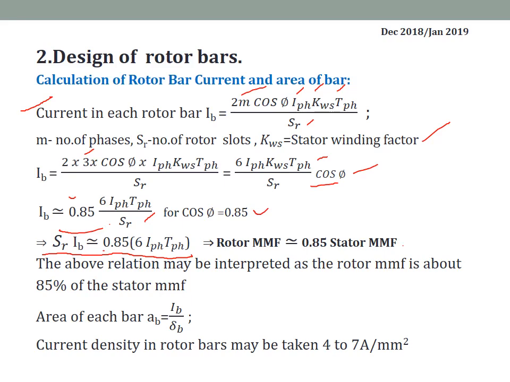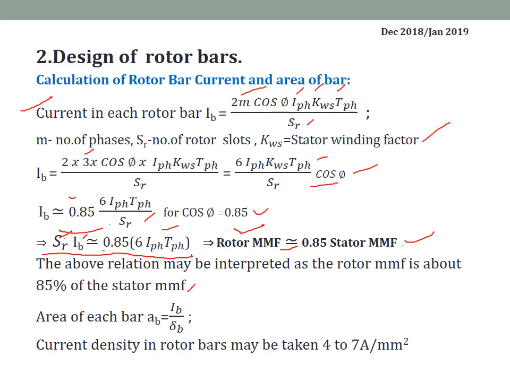So the left hand side represents the current IB and SR, the number of rotor slots, which is equal to the number of rotor bars. So the number of rotor bars into the current, that is nothing but turns, is the MMF on the rotor side. That's why it is called rotor MMF. And the right hand side is 0.85 times 6 TPH IPH, which is the stator MMF. So we can tell that rotor MMF is approximately equal to 0.85 times stator MMF. So the above relation may be interpreted as rotor MMF is about 85%